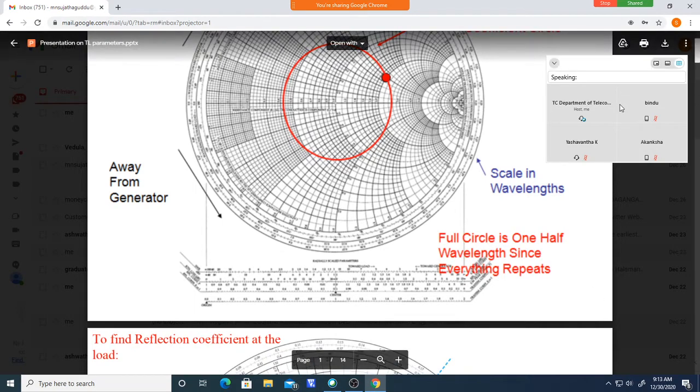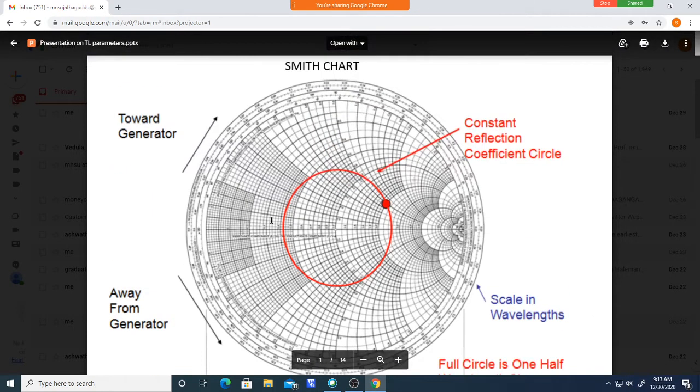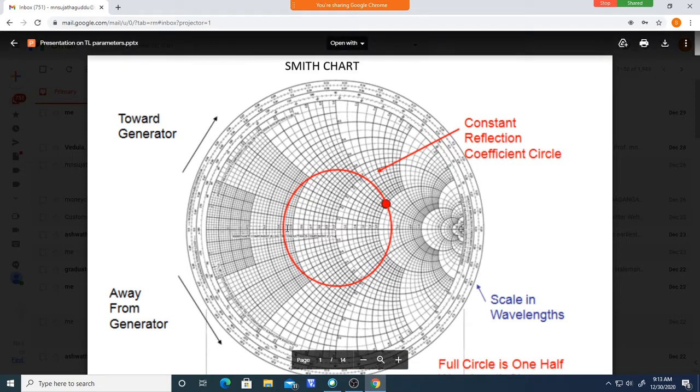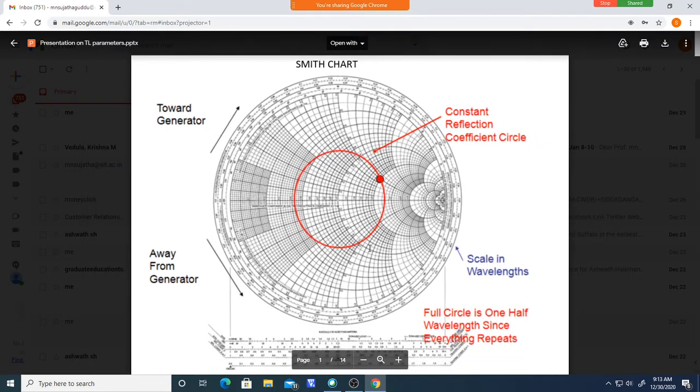Okay, in the previous classes, we studied matching networks using impedance, that is, the ZY Smith chart. The ZY Smith chart is in unit 3. We have other applications of the Smith chart also. We will now see how to use a Smith chart for those other applications. As you know, in a transmission line, there are a lot of parameters to find.